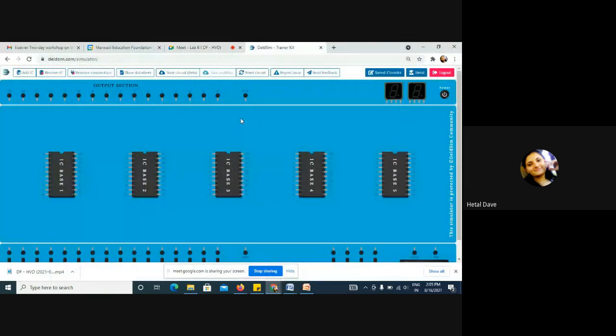That has already been introduced. I hope all of you are already aware of this virtual kit. The practical will be performed using this kit, and students who are inside the lab will use our digital trainer kit and the ICs available with me. Using this IC and the digital kit, you will perform the same circuit on this trainer kit. So that will be today's agenda. Some theory will be explained, and based on the theory, you will perform your experiment, either in online mode or offline mode.